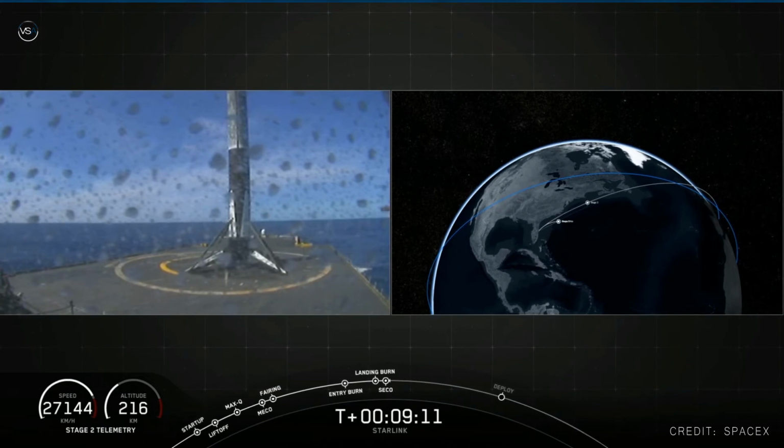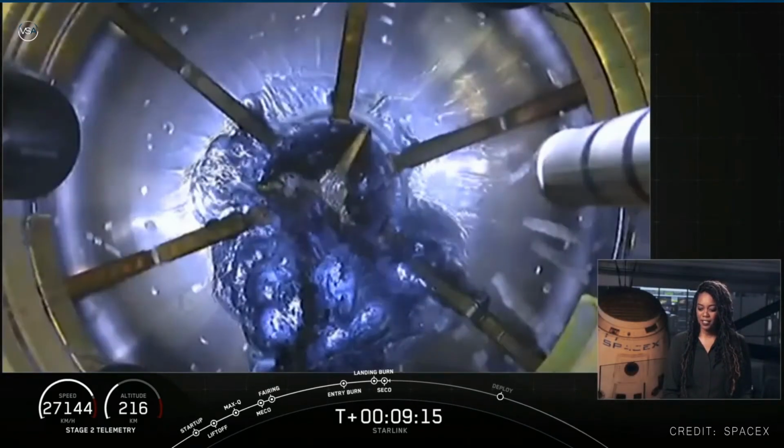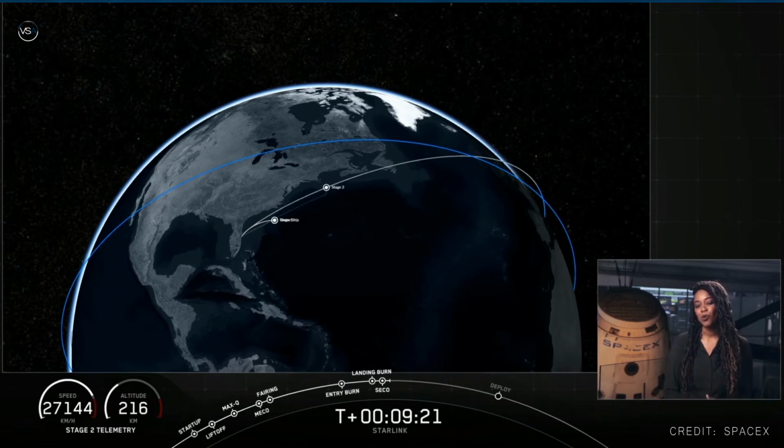All right. And we have second engine cutoff on stage 2. And we are in a good orbit as well. Nominal orbital insertion. All right, so now stage 2 is going to coast in this orbit for a few minutes,